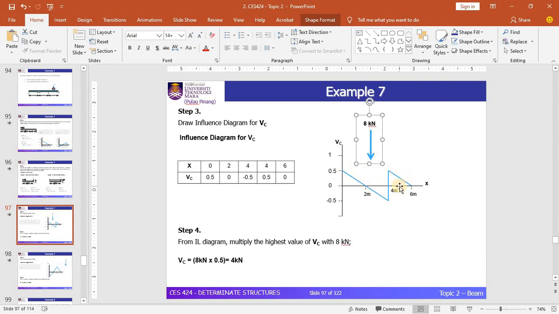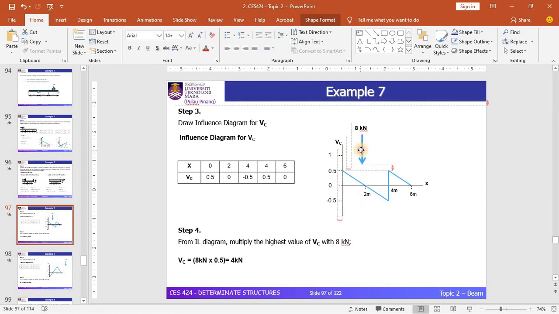The positive side is above the x-axis, the negative side is below the x-axis. Since the question asks about the maximum positive value of shear force, you need to look at the side above the x-axis. So you need to place this point load along the diagram so that its position results in the maximum value of shear force